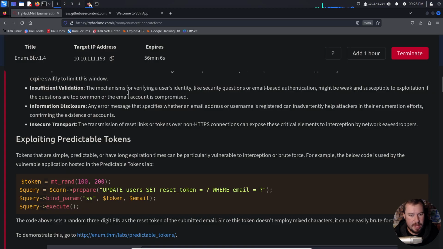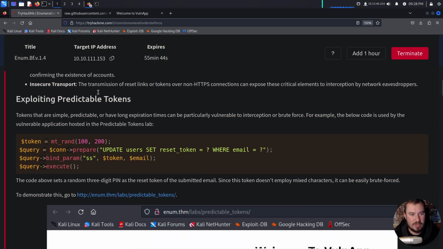Insufficient validation. The mechanisms for verifying a user's identity, like security questions or email-based authentication, might be weak and susceptible to exploitation if the questions are too common or the email account is compromised. Information disclosure. Any error message that specifies whether an email address or username is registered can inadvertently help attackers in their enumeration efforts, confirming the existence of accounts. And finally, insecure transport. The transmission of reset links or tokens over non-HTTPS connections can expose these critical elements to